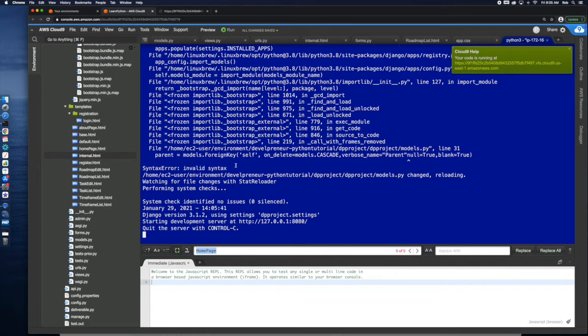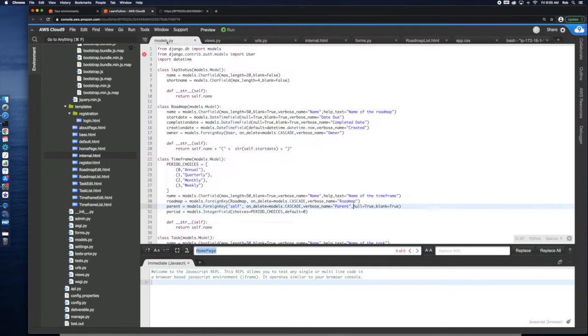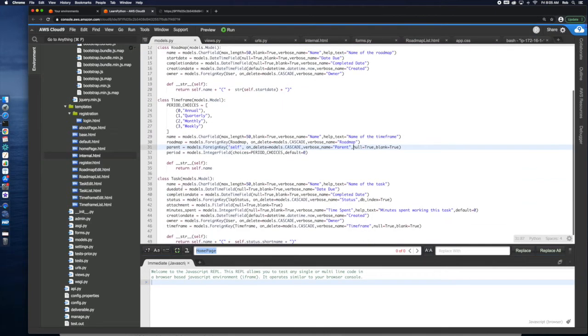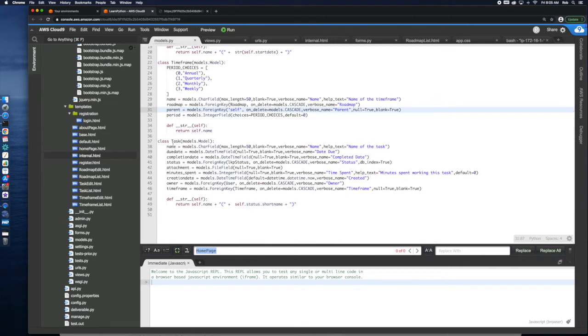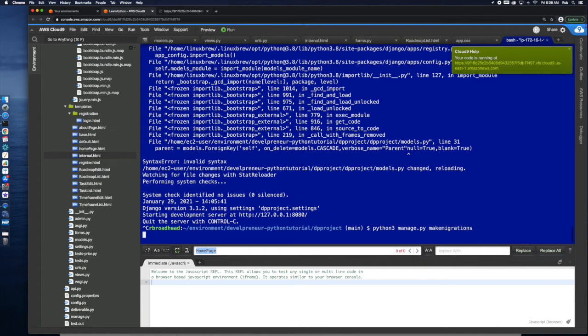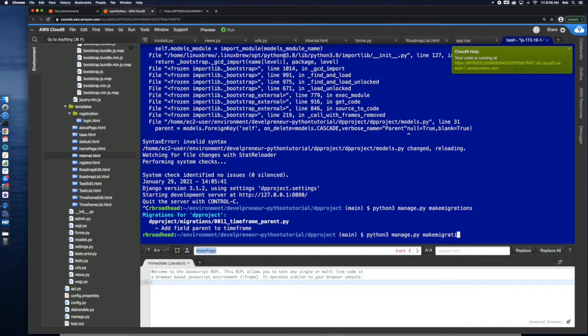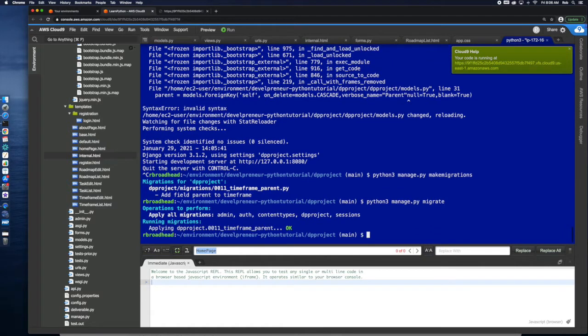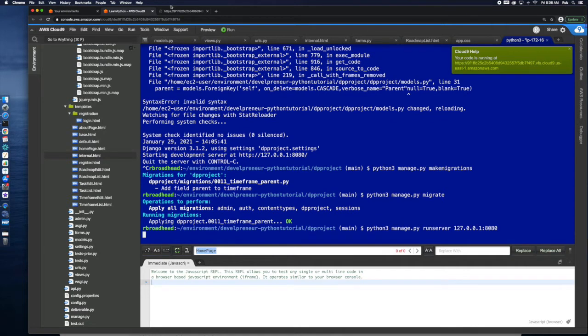It did. So the first thing I need to do is go over here and do my make migrations. And let's look at my model real quick. So I'm going to do time frames, but I also want, tasks are tied to a time frame. So I'm good there. So I only need this one done. So I'm going to make migrations. Now I'm going to migrate. And did that. Oh, I need to run it. Get the server running again.